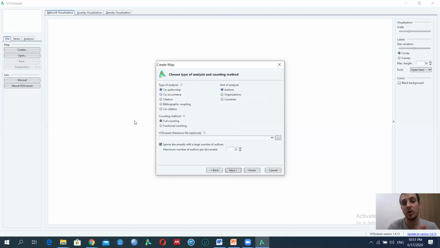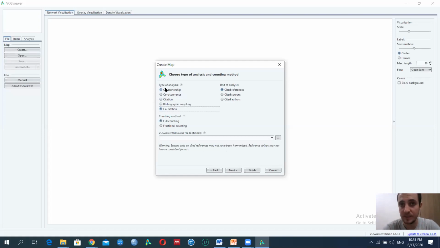You may want to do co-authorship, which is taking the authors' names and looking for the linkage between them, or co-occurrence, which is talking about the keywords and the author keywords and so on. The citation, same, also bibliographic coupling and co-citation. We have many types. So I will share with you only the types that I worked with. Okay, so you can discuss this with your supervisor or with your colleagues if you want to share other kinds of